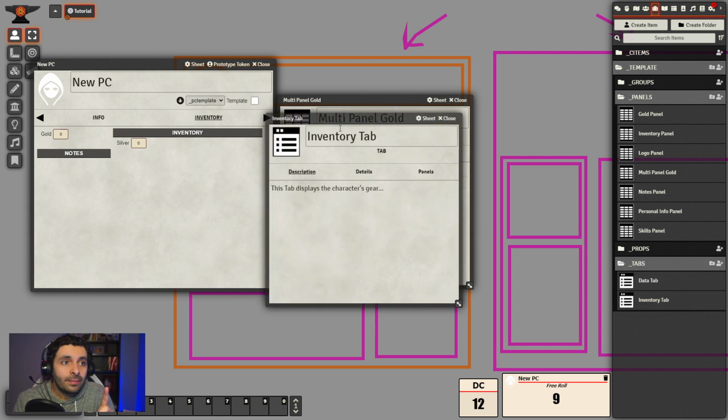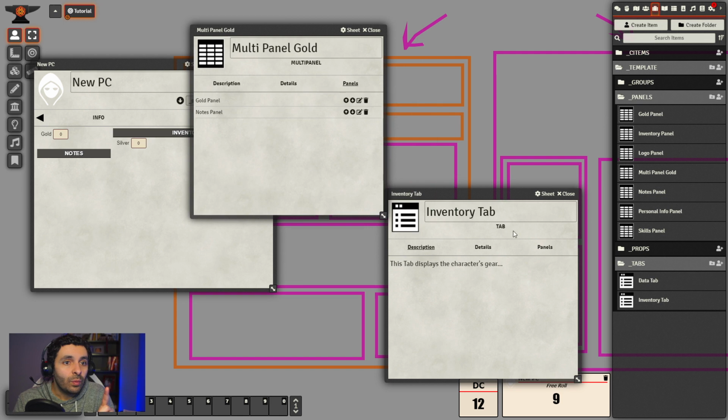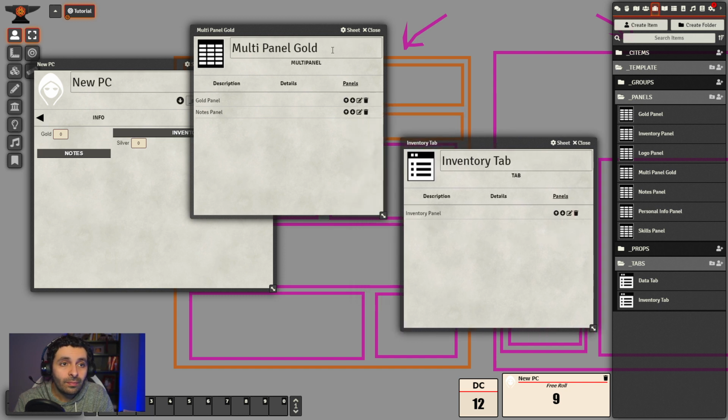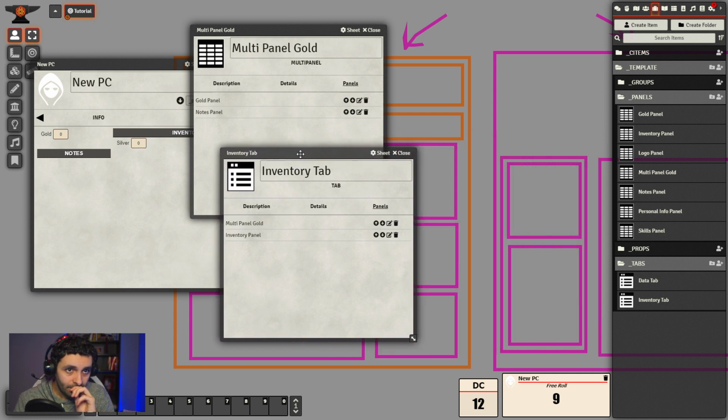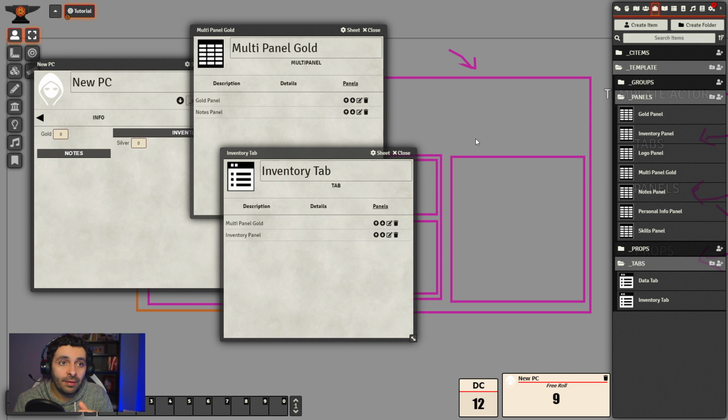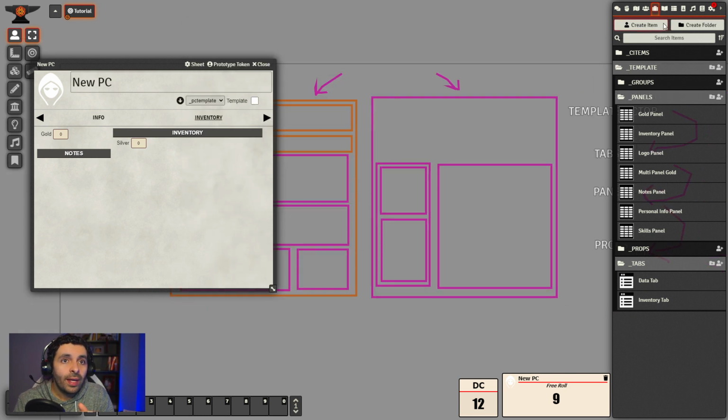And in our tab, where originally we have this distribution, gold panel, inventory panel, and notes panel, we're going to remove both the notes panel and the gold panel and include the multi-panel gold, which is the one that already includes the gold panel and the notes panel. Okay, so what we've done is remove these ones by themselves, include them in the multi-panel, and put them in here. Okay, that way,